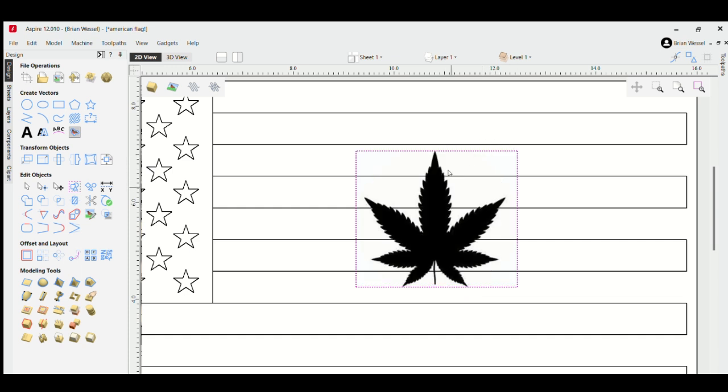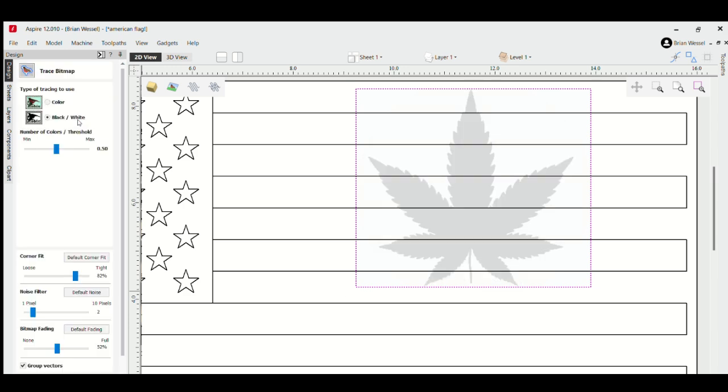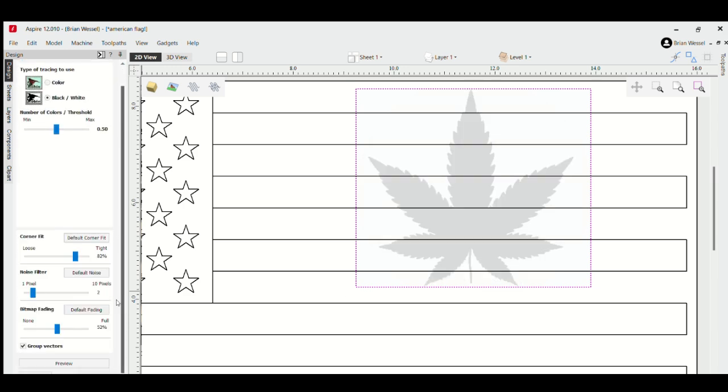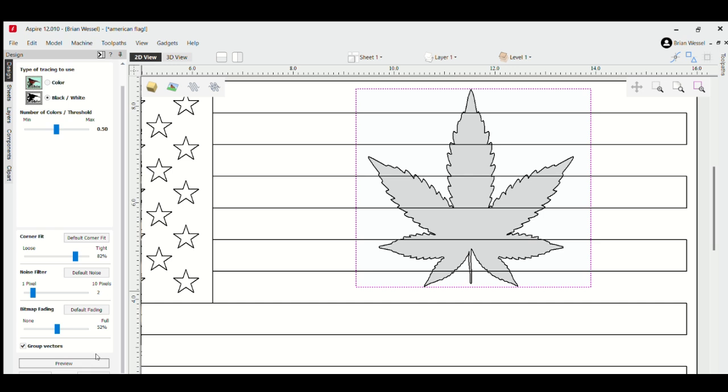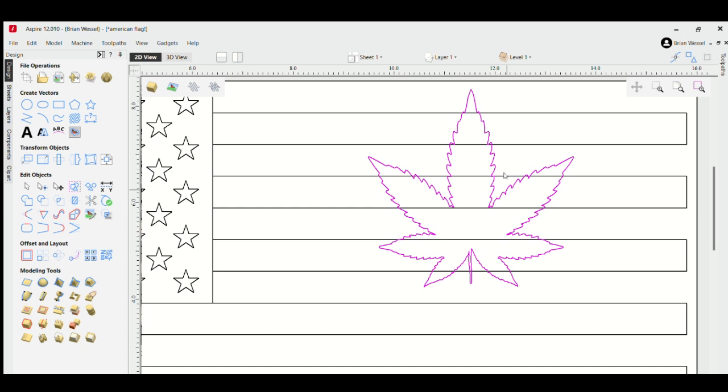Take this bitmap. I'm going to make it just a little bit bigger just so we get a good trace on her. And black and white, preview, apply, close, delete the bitmap. We're left with our vector. And it's one solid vector, so that's great. Now,